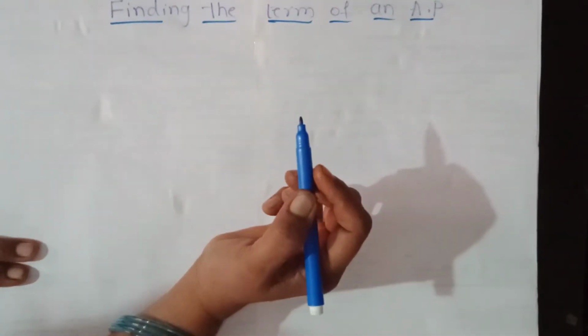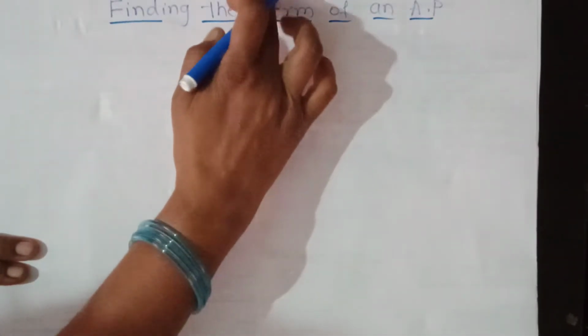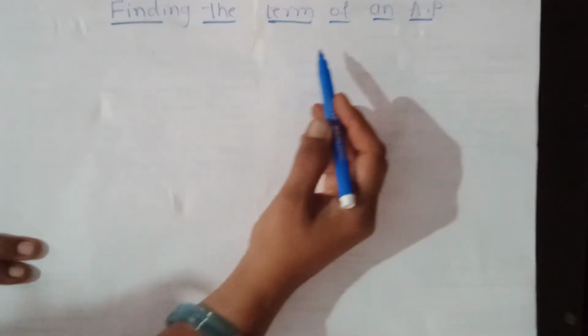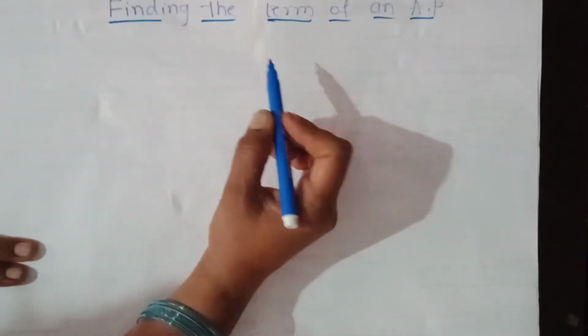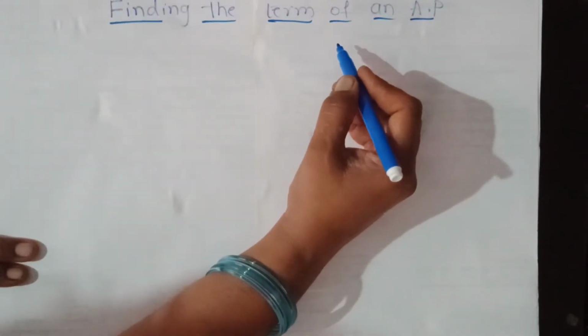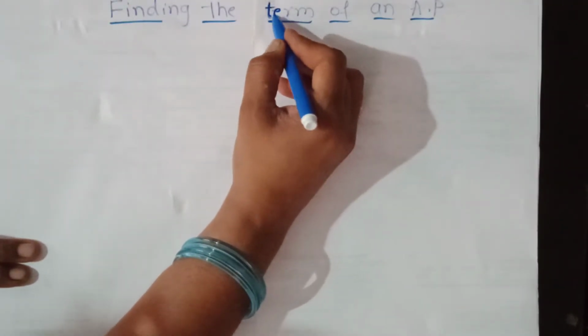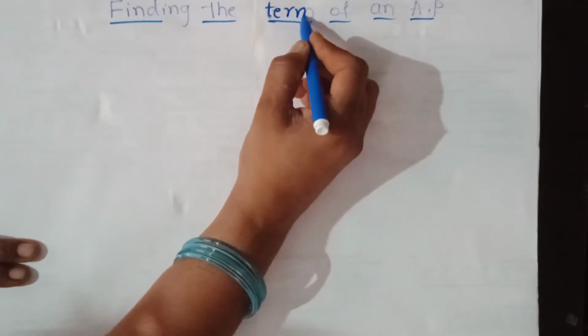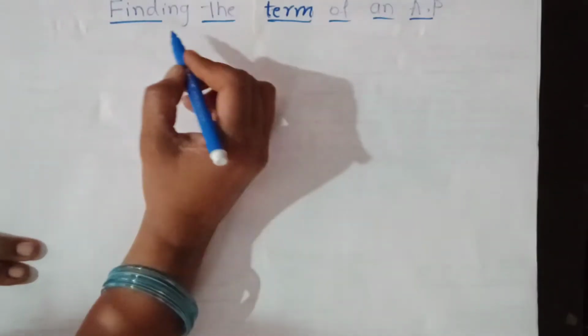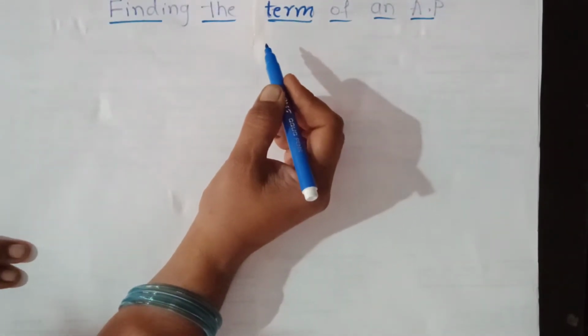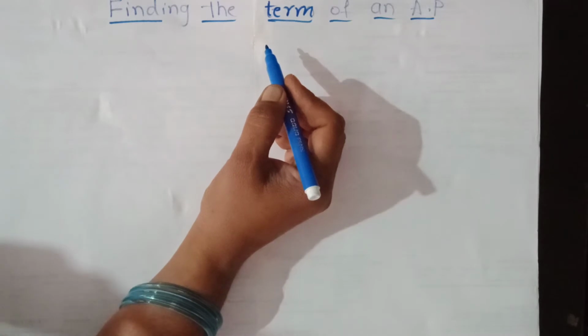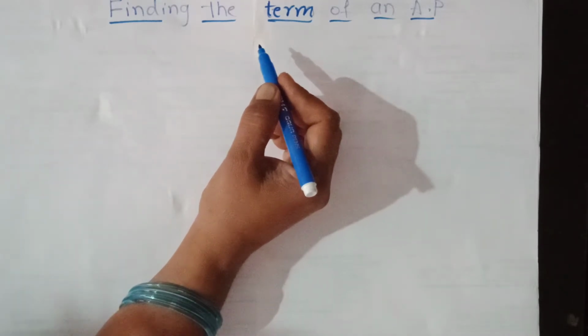Hello children, today I am going to explain how to find the term of an arithmetic progression. Your arithmetic progression you can also refer to as a sequence. This problem is often asked in exams and it is very important. It is a very common example and it is helpful for all competitive exams, for those who are giving bank exams, and also for the diploma students.